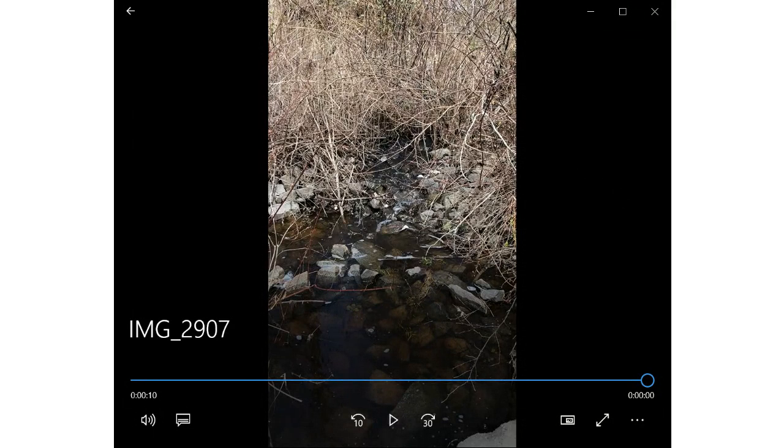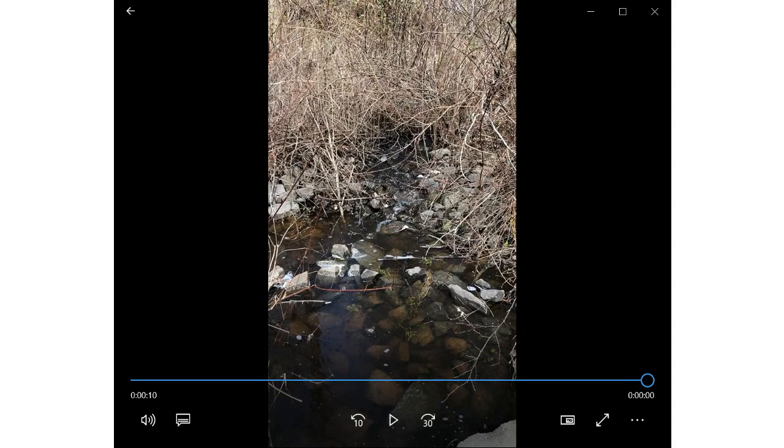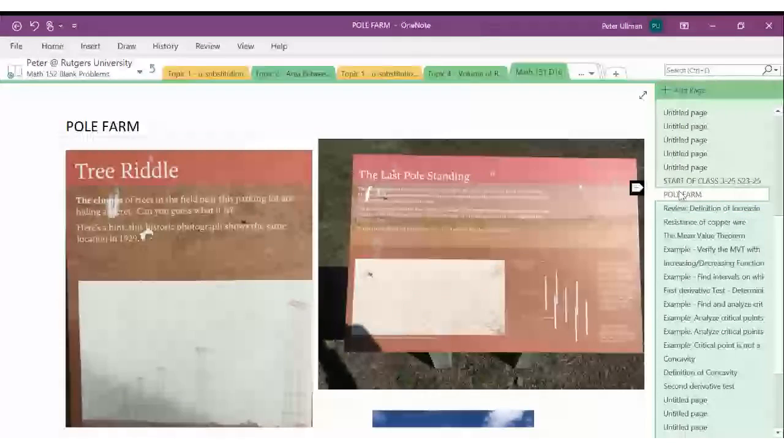Let's see. Where do we go? God, I wish this worked more seamlessly than this. That. No. Stop sharing. Oh, wait. Okay. Share your screen. There we go. Okay. So,